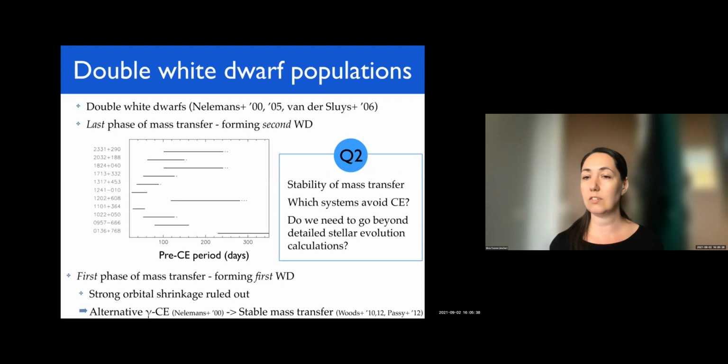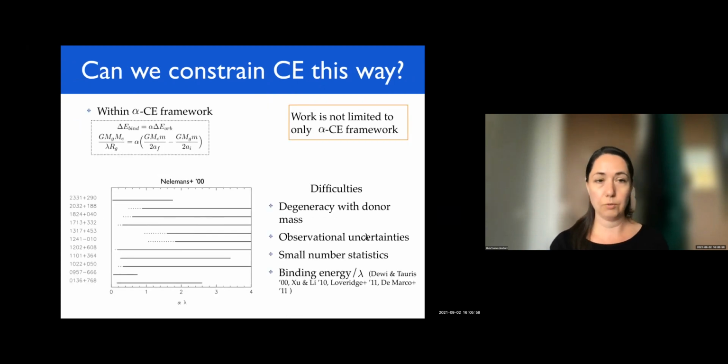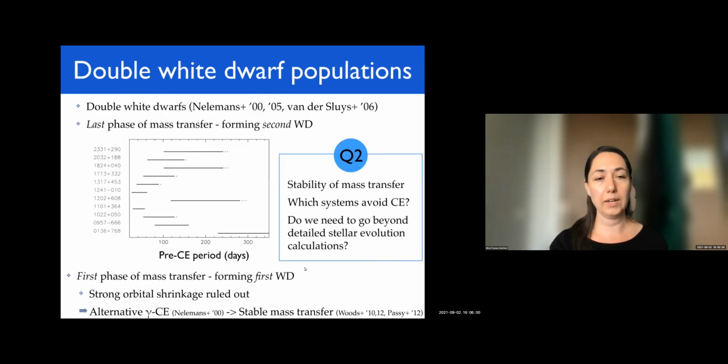And how can we understand this border better? This is typically done with detailed stellar evolution codes that are pushed into the regime of common envelope evolution, but that has issues and complications. So are there things that we need to be careful of, or are there other ways that we can learn about this? Now, if we go back to this plot here, the pre and the post common envelope periods, then